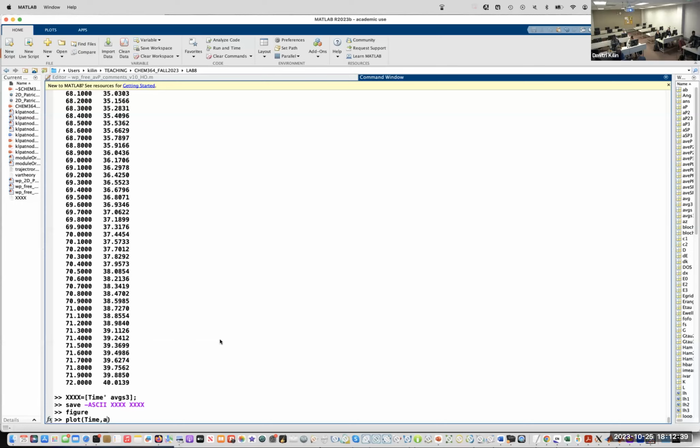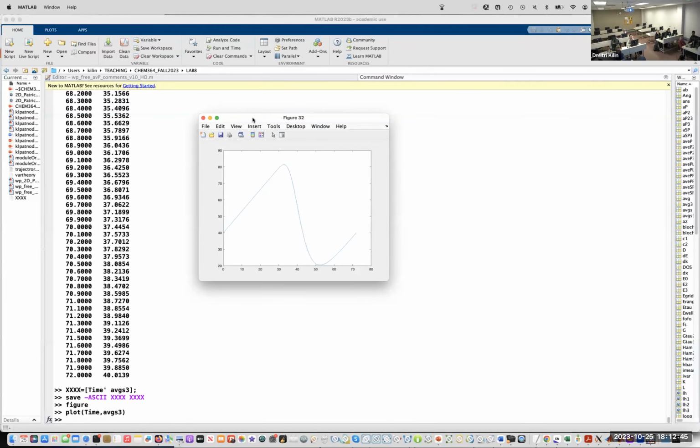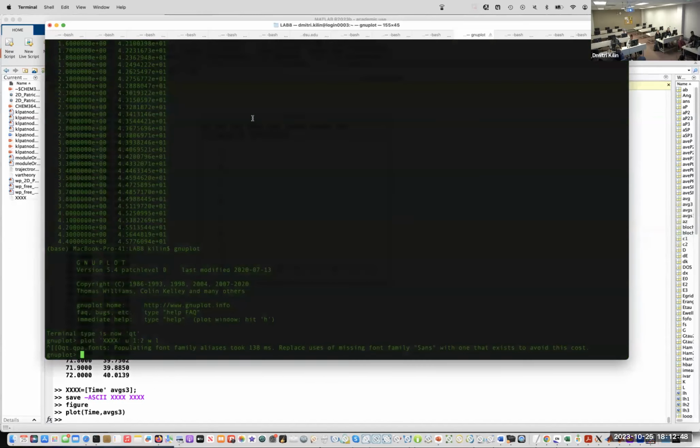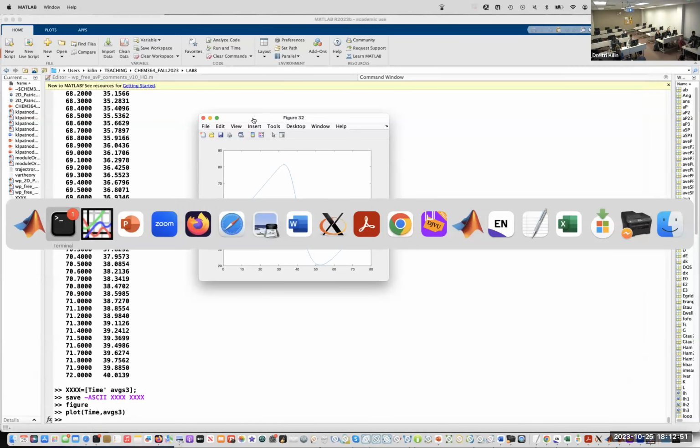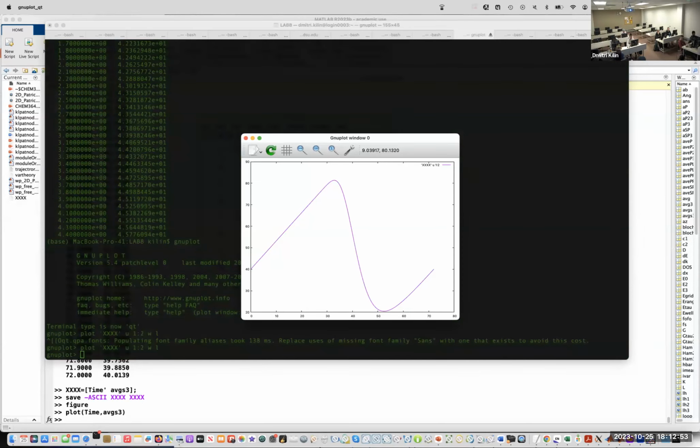AVGS3. So here is what MATLAB is doing, and here is what the third party software does. So we can export the data. Yes. And that was the terminal command that you used? You need to install GNU-plot through Brew or any tool to mimic Linux. You need to connect and install additional software, or one can find GNU-plot online and then download and install.